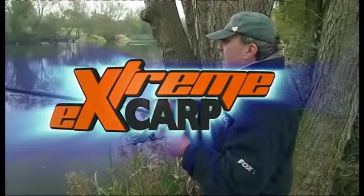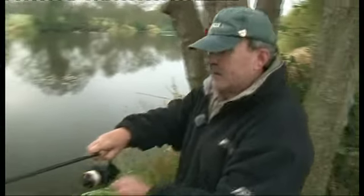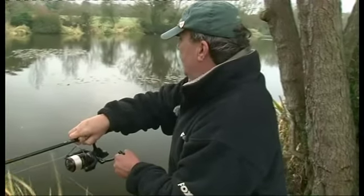You'll notice I've gone 5 or 6 yards past the pads and slightly to the left. I'm encouraging the carp to come out and feed on my bait there. I haven't locked the reel up solid because I don't want the carp to kite back into the pads. I want it to run away into the open water where I can play it and tire it out. If it does come back into those pads, then my quick release lead clip will get rid of the lead, and I'm able to draw it easily through and guide it into the landing net. The fish are just so on the bait now, they're just in this area, and as long as I can keep it nice and accurate,